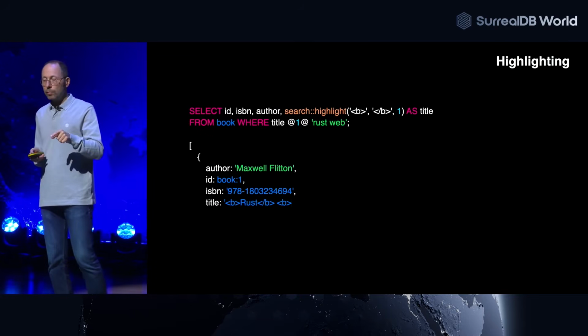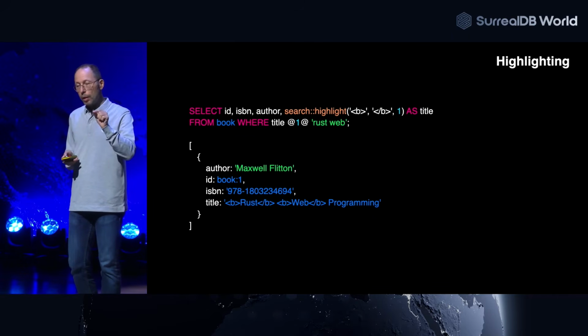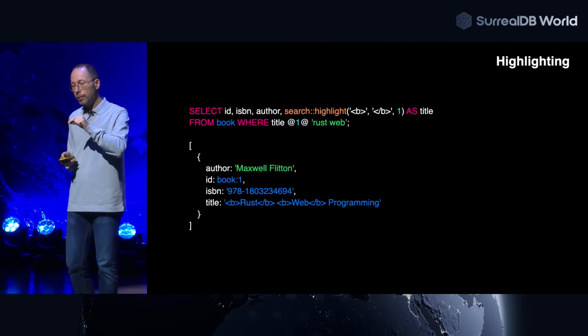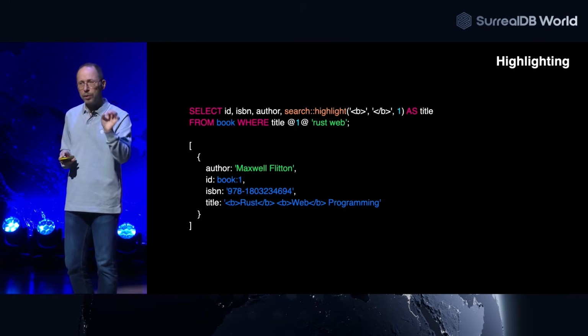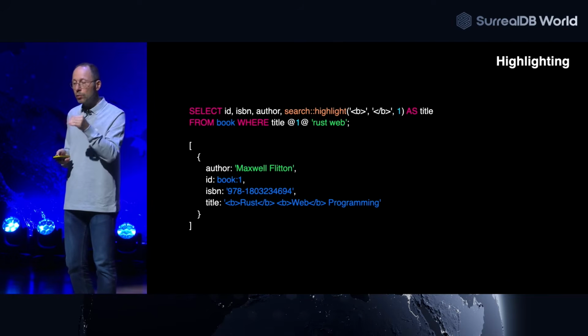Highlighting. Here's one function that takes this reference. Here we are using search highlight to say that we want to highlight the predicate with the reference 1. In this case, we have only one. But you could search in the title with reference 1, in the content with reference 2, and in this case, you would like to highlight either 1 or 2, or both, by the way, and you would then put 2 of them. It's pretty easy, search highlight.